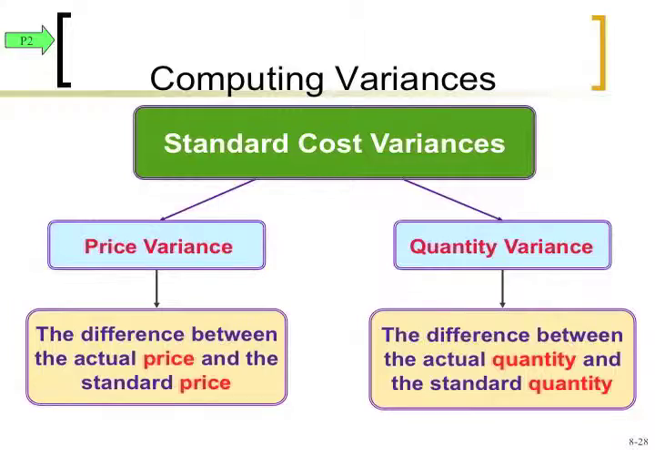So, for example, if we thought we were going to spend $10 an hour for our direct labor, that was our standard price, and we spent $12. Actually, we want to know why did we spend $2 more. On the other hand, we have the quantity variance, and here we would be analyzing, we thought we were going